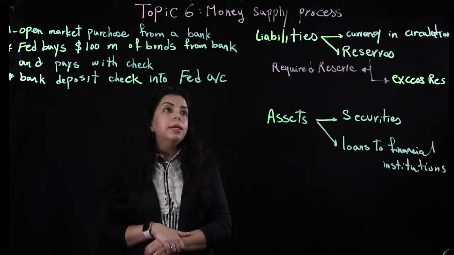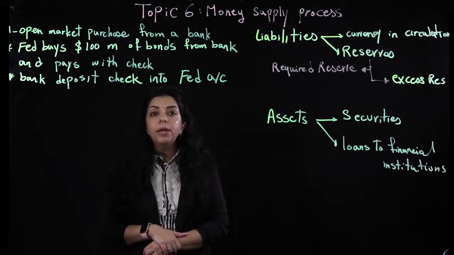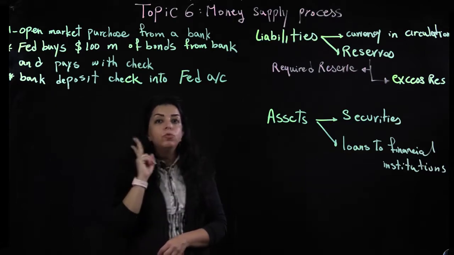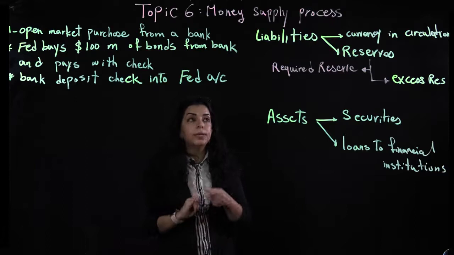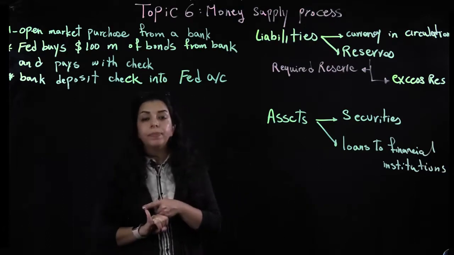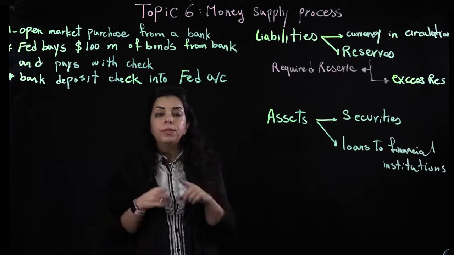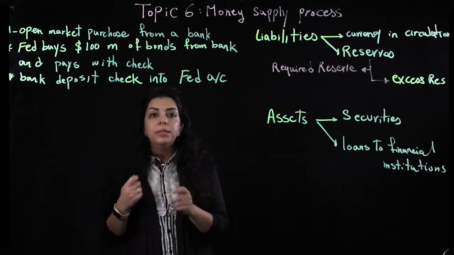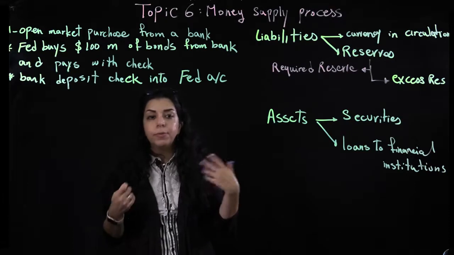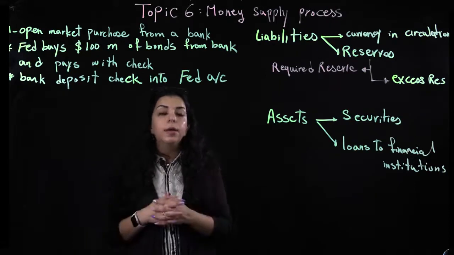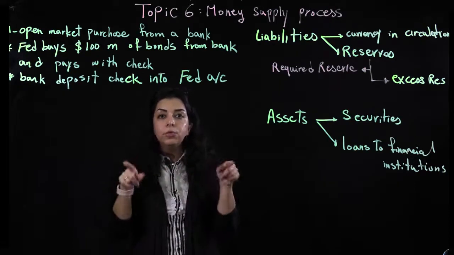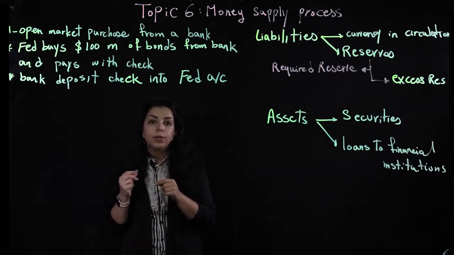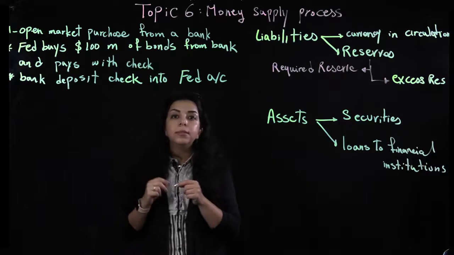So now let's get back to the liabilities. The liabilities of the central bank are only two parts. The first is the currency in circulation, which is the notes that we use for exchange, and it's the medium of exchange for us. We buy things, we buy products with it. So all these notes and coins are the currency in circulation,